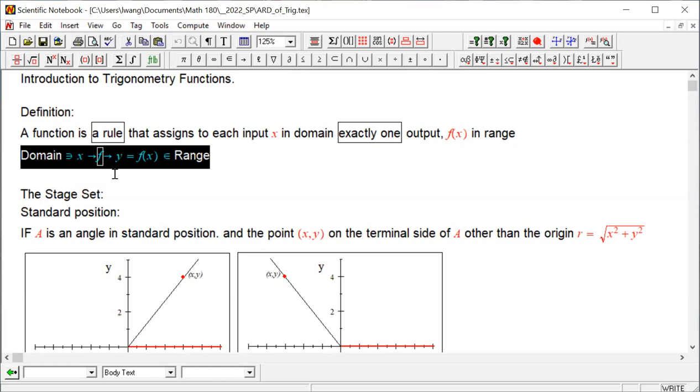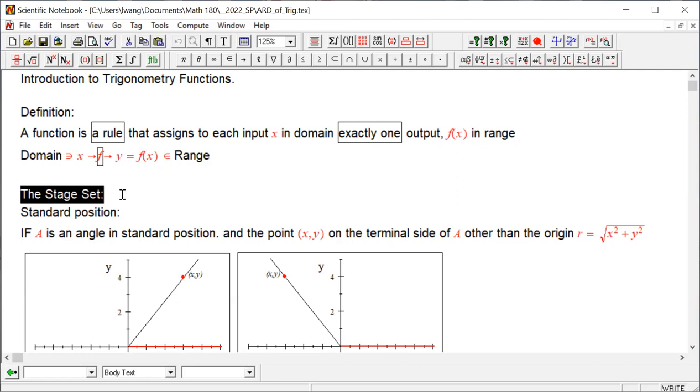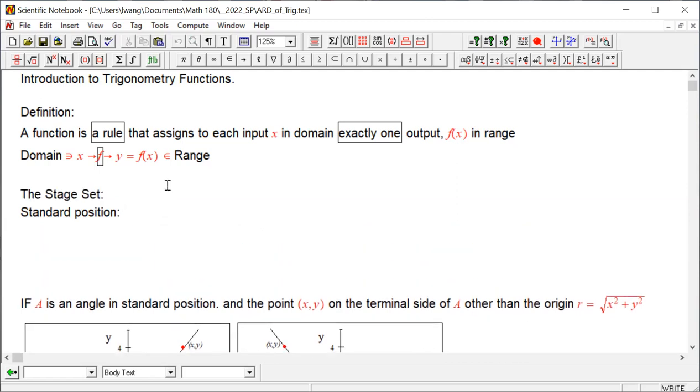Trig function, however, is a complicated function, because it requires some stage set before we can introduce the function. So let's look at the stage set. The first thing first, we need to understand all six functions,